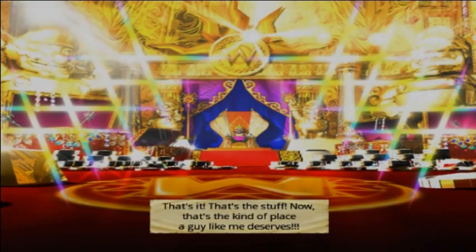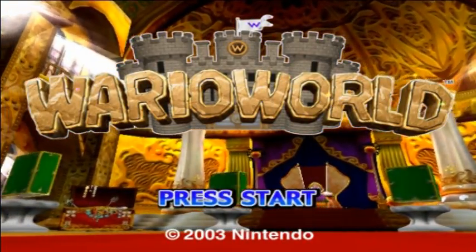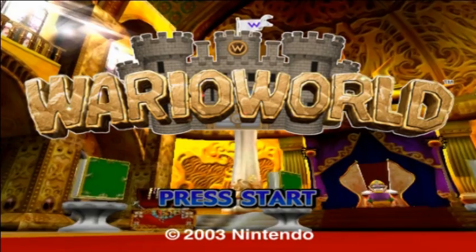Okay, he doesn't get his own planet like he did in the first Wario Land game, but, you know, it's Wario. There is no such thing as enough money in his ideal utopia. But yeah, that was Wario